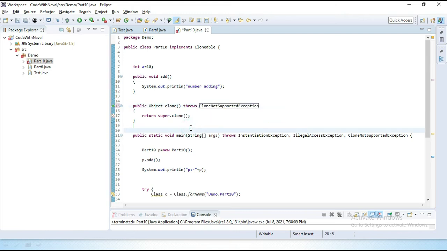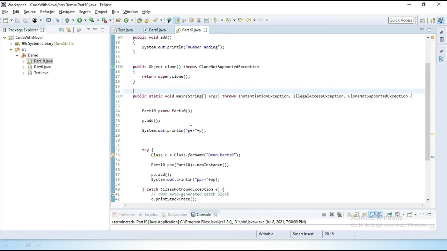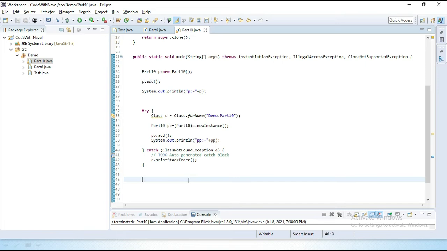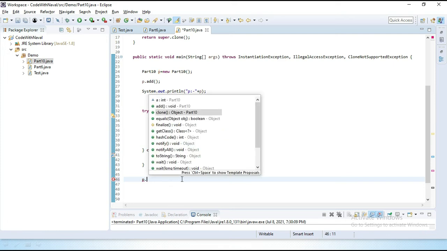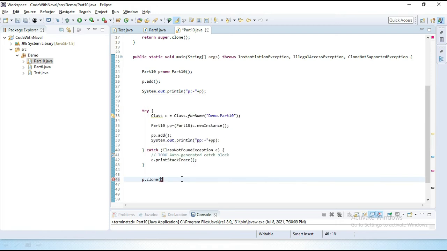Now let's save this. Now we can create an object clone. For cloning an object, first we use our old object reference. I'll simply use this reference variable, the old object, and then we have the clone method. Simply use this clone method. Now here we got this object clone. Now we have to store that clone object in a new variable.